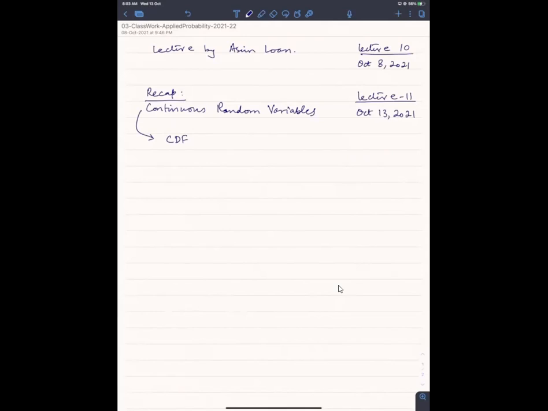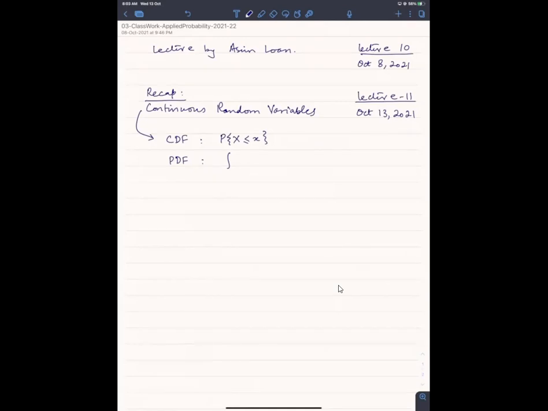We will use just CDF for the probability that X is less than or equal to some value X. That's exactly the same definition that we had for the discrete case. The probability density function, since it's a continuous random variable, I cannot add the values. I will need to integrate the values instead of adding the values. So I will integrate the values. The PDF will be